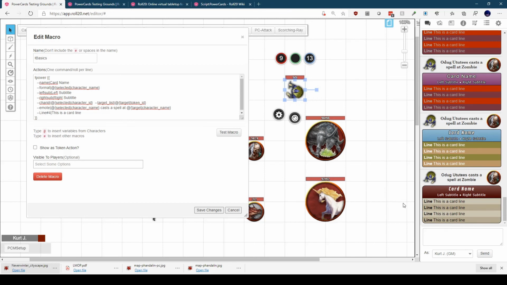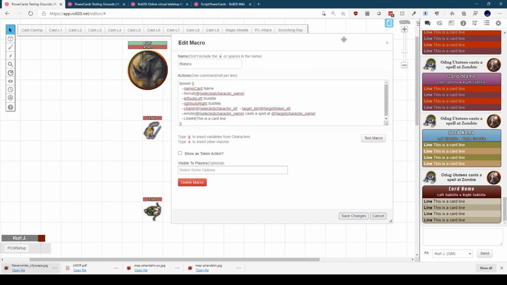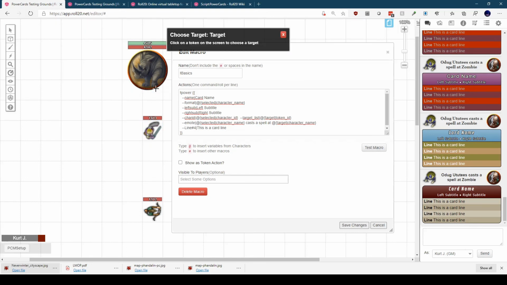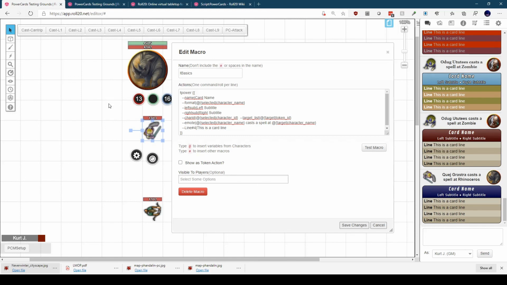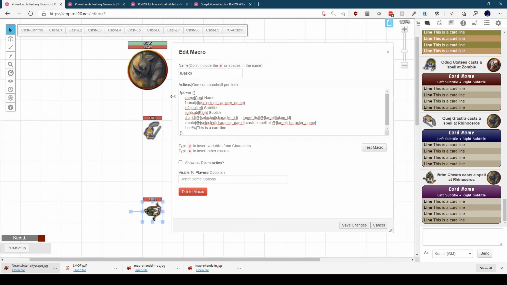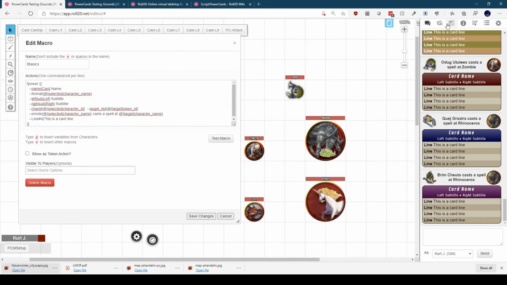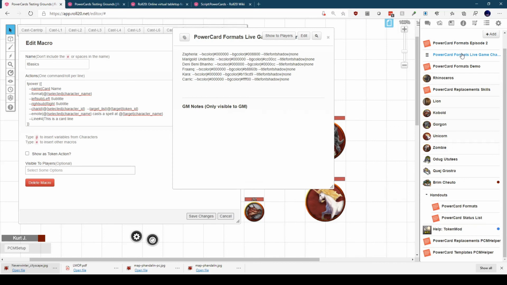And what I usually do with that is, let me just show you, because I have a couple other characters on this game. I have a warrior here, casts at a rhinoceros. So this character has a darker blue background, and finally this character is all the same macro, has a brighter purple background. What I usually do, so let me bring up the handout from my live game that I copied over to this game, is